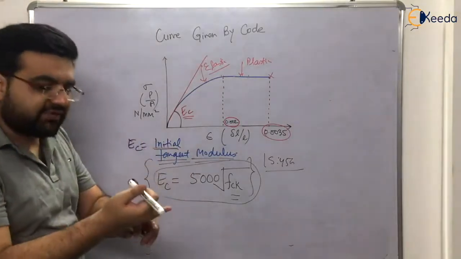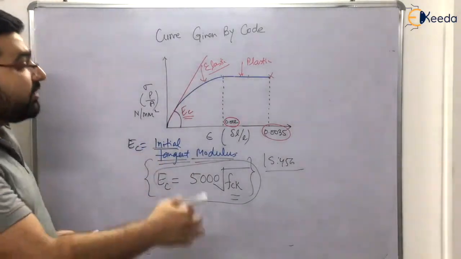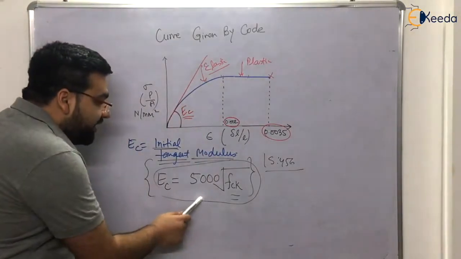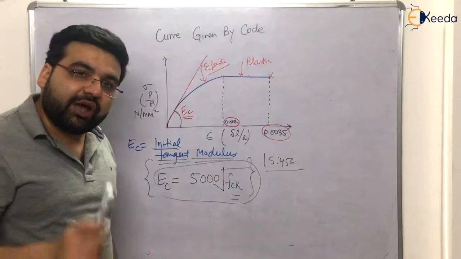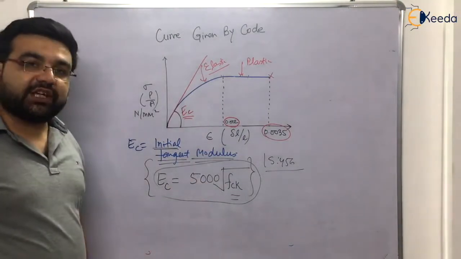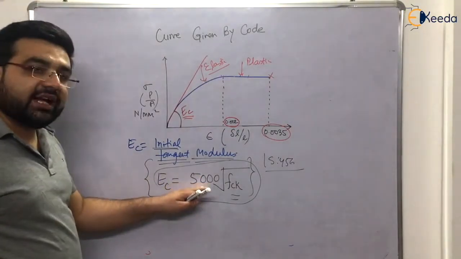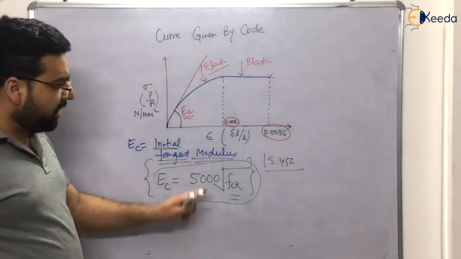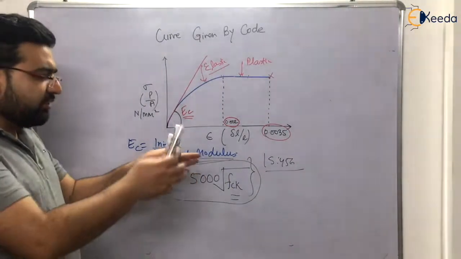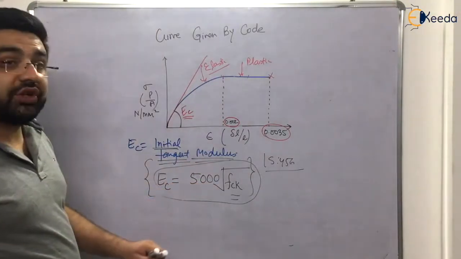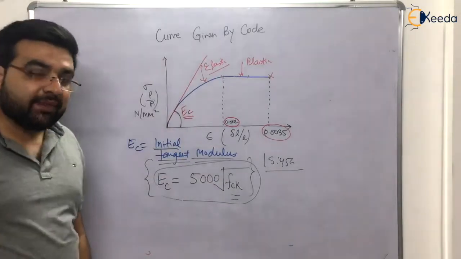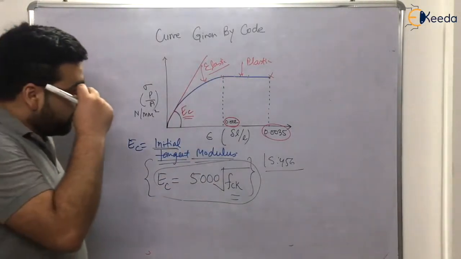Creep will be there, shrinkage will be there, temperature effects will be there. All those effects we will be discussing in the next videos, right? But this is very important. Just like 0.7 root FCK that you have learned, you have to learn this formula also, that is EC is 5000 root FCK. Directly or indirectly, GATE is asking this type of question. In 2017 also there was a question like this, directly or indirectly, and in ES almost every year one question comes from this portion. Earlier there were direct questions, but now they are asking indirect questions also. So very important. That's all for this video.